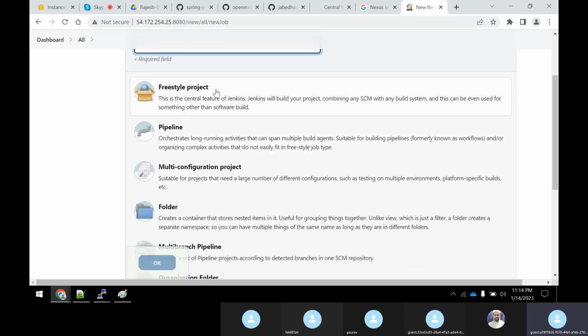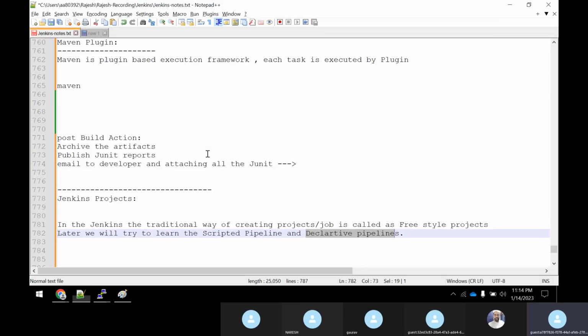So Rajesh, can I convert all the freestyle projects into pipeline projects? Yes, you can. Suppose some organization already has freestyle projects and wants to move on, they can convert all the projects into pipeline projects. How to do that? We will see later, because you need to follow the syntax. You need to understand the Groovy language, and if you understand the syntax, you will get to know how to write a declarative pipeline.